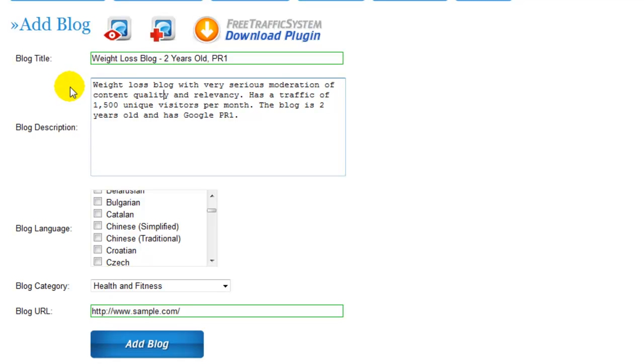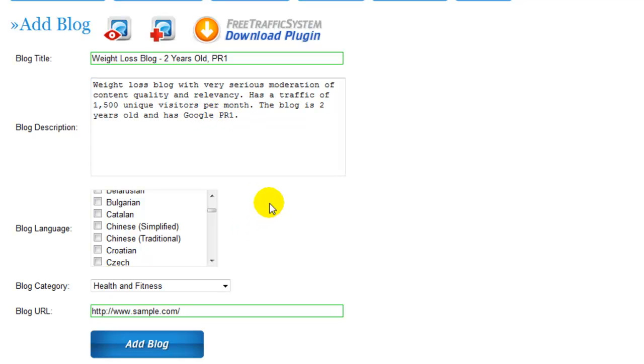If your blog is fresh, as I explained previously, you can add it, you can accept publications right now without earning any credit points in the free traffic system, but FTS Indexer will pump up your blog and very soon you will be able to charge money for it. But if you have these value factors, point them out in a nice, short, concise and viable way. This is important for the submitters to make a decision.